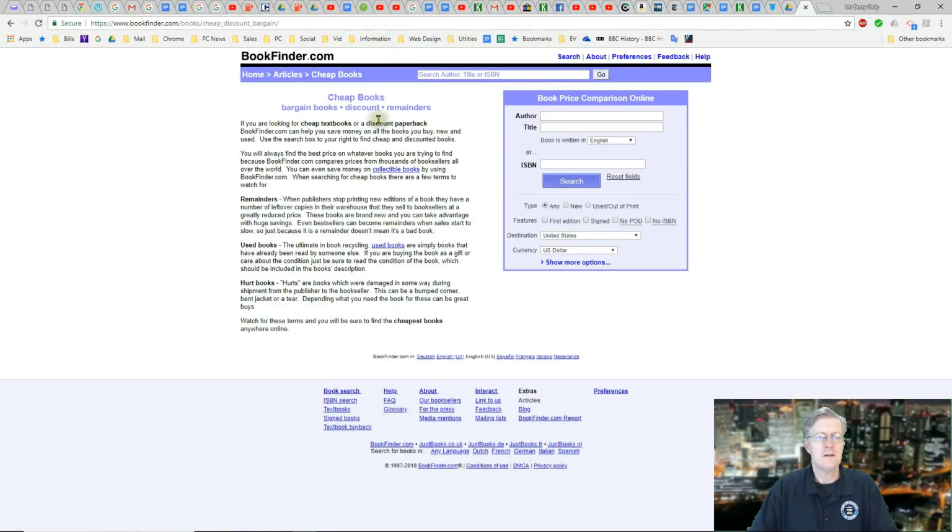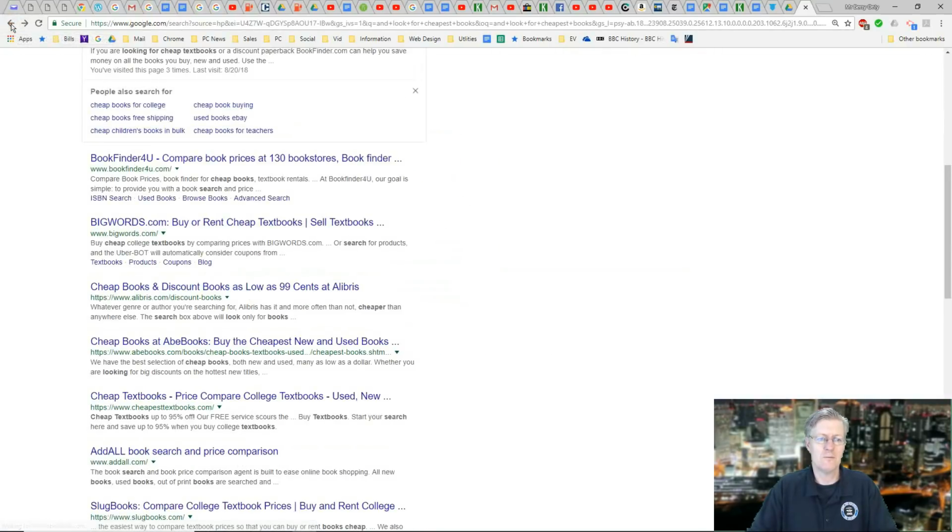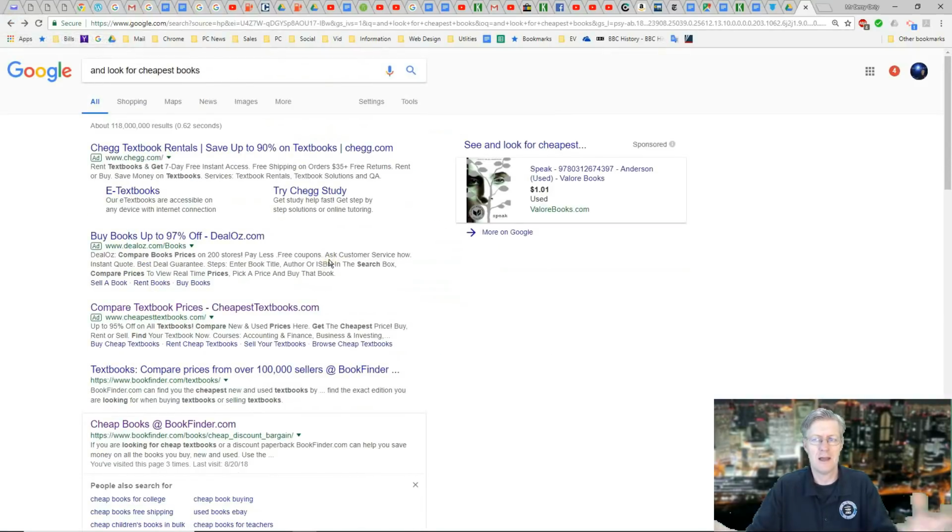Alright, so this is just an easy way to find books. I can find them by author, title, ISBN number, and if I was looking for books, that is one way to find. So now you can use the computer to find information.